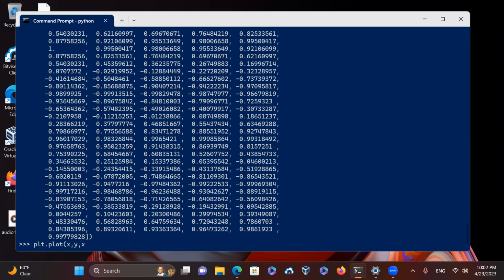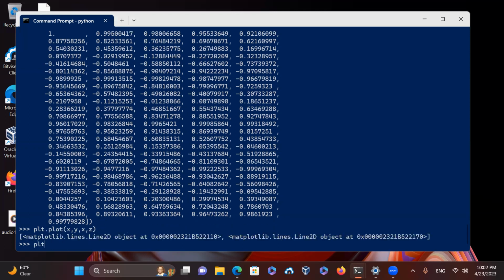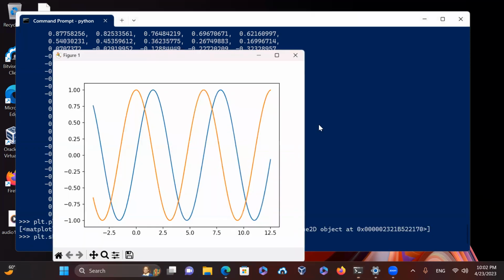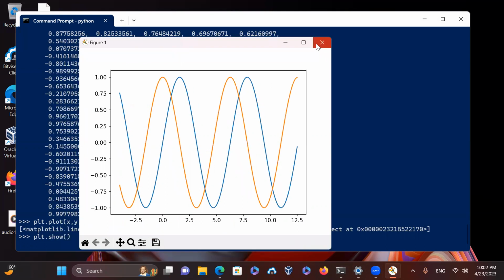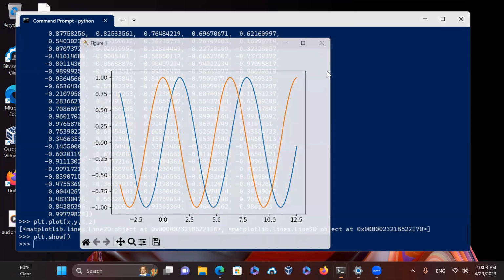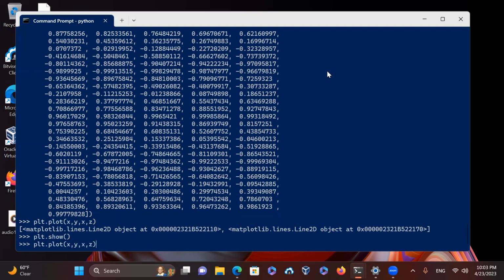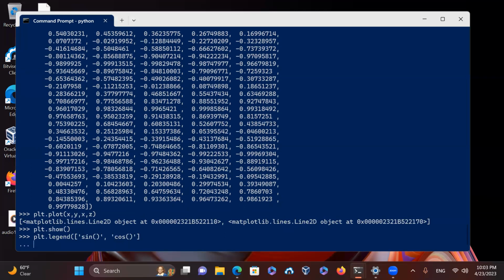So X comma Z, that is there, plot.show. And let me see why the legends are not showing up here yet. The order is important, the way we create the plot there. The legend we had to do first there, and then